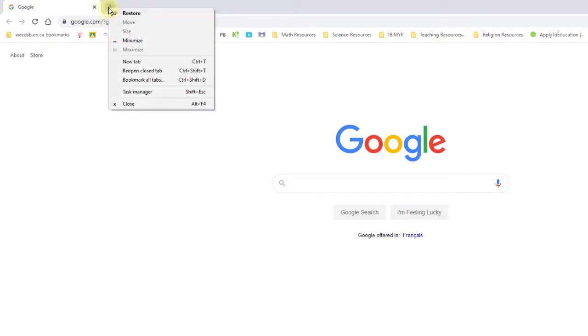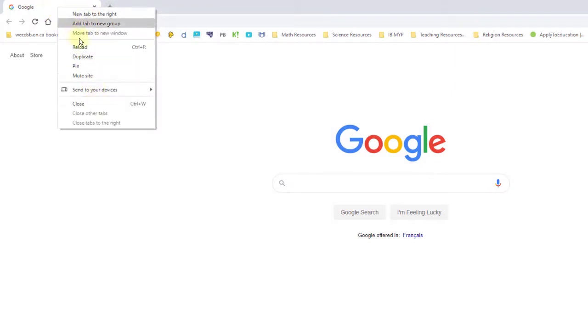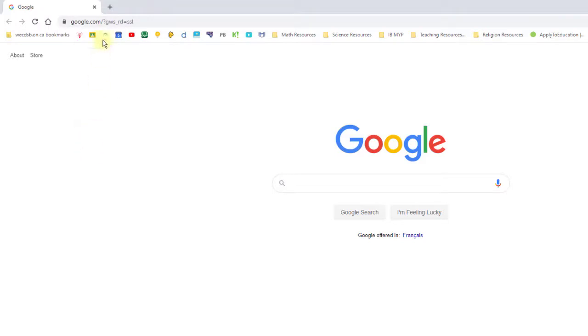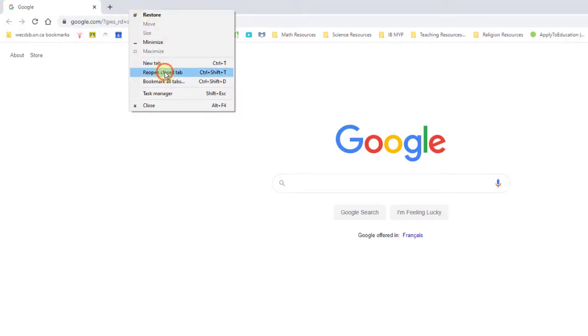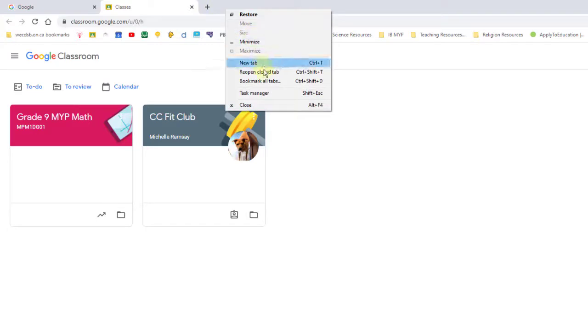I can right click on this plus sign. I can't right click where there's an existing tab. Okay, that will only give me options for that tab. So to bring back a closed tab, I just need to click anywhere in this gray area and reopen closed tab. Okay, and there it is. And I can do that again